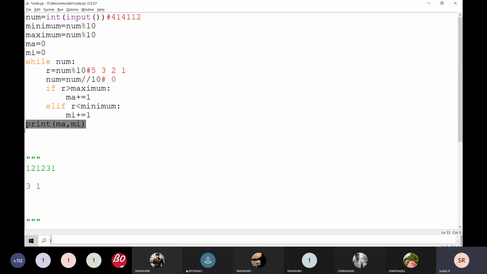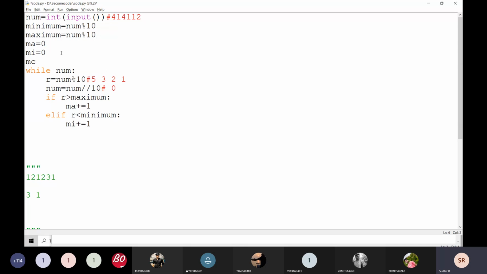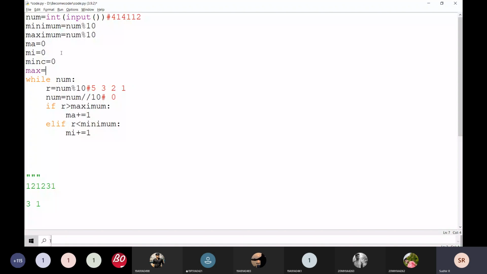Here, min count is equal to 0, and max is equal to 0. I'm writing something here.